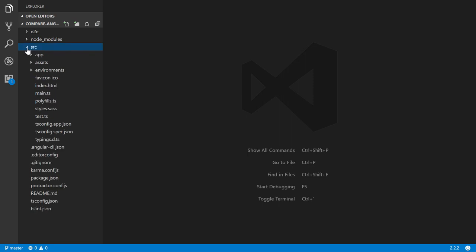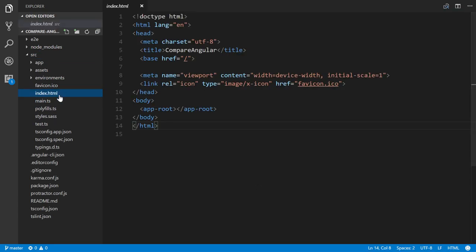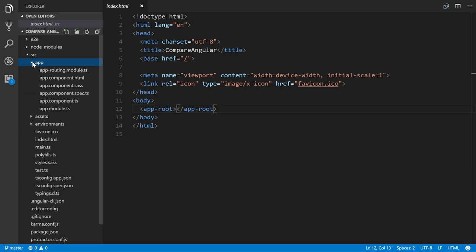And then we have our source. And right here, the one file to pay attention to is index.html, which is the starting point of our app. The one thing to take note of is this app-root right here. So this right here is where the app will actually be placed in. And if we open up the app folder and go to